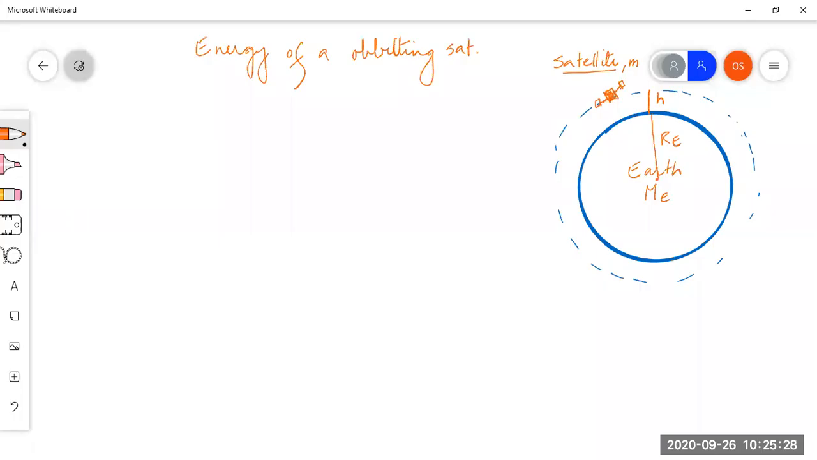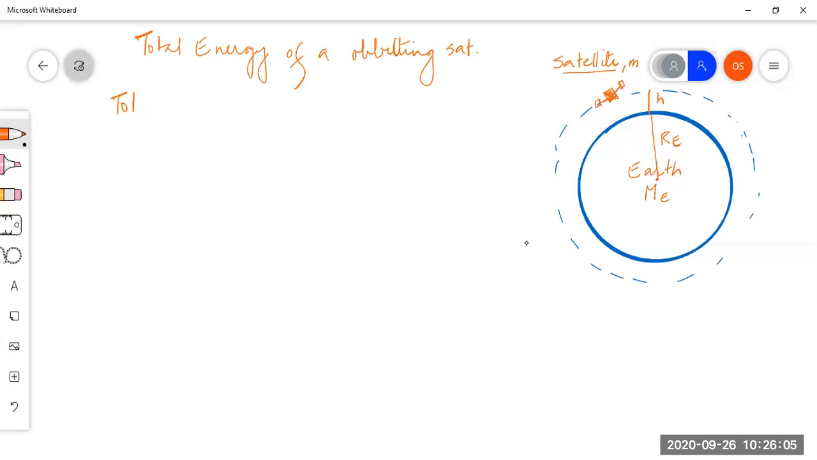So students, let's talk about energy, the total energy of an orbiting satellite. Let's say a satellite of mass m is orbiting in a circular orbit at a distance of h from the surface of the Earth, the radius of the Earth being Re, mass of the Earth being capital M e. Now, the total energy of the orbiting satellite,